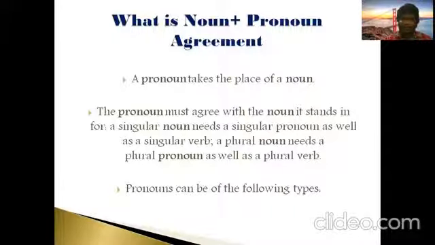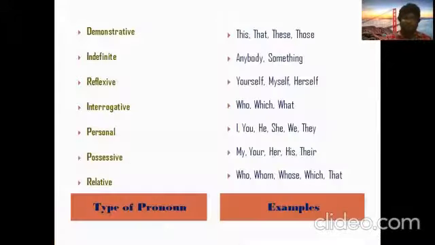Let's see the types of pronouns. Of course, you may ask me what is the importance of learning the pronoun types. I'll tell you one thing: until we come to know which pronoun to use for a particular noun given in a sentence, there are times we get confused and lose our marks. So that's the reason we who are learning are supposed to know about the pronoun types too. Let's see.